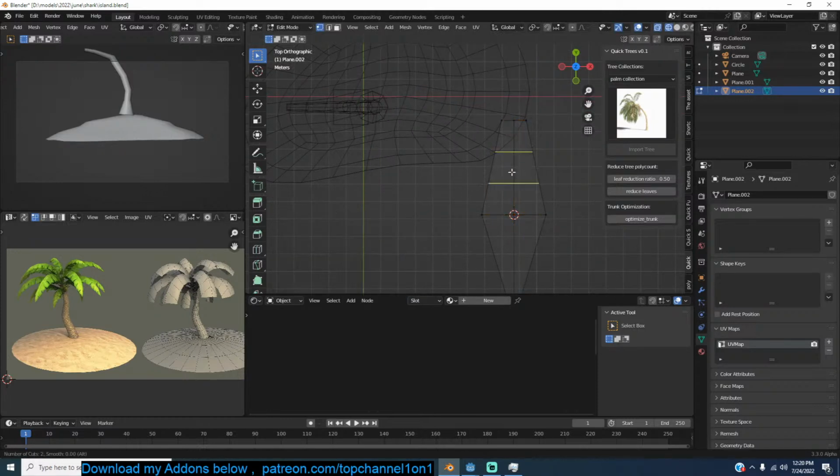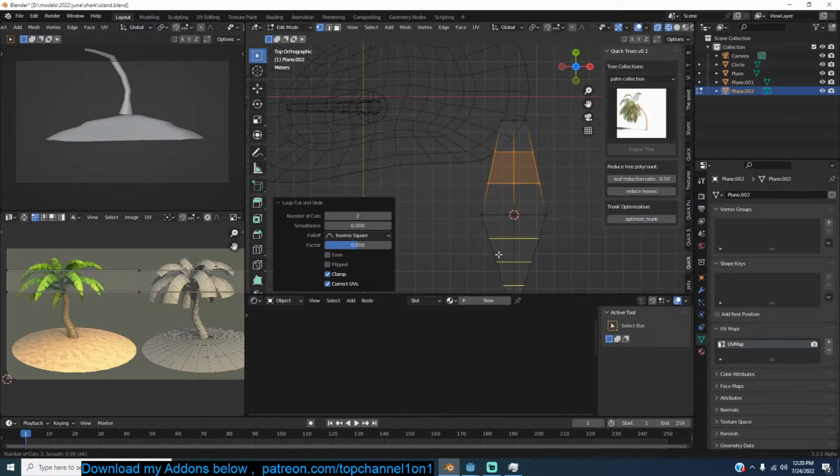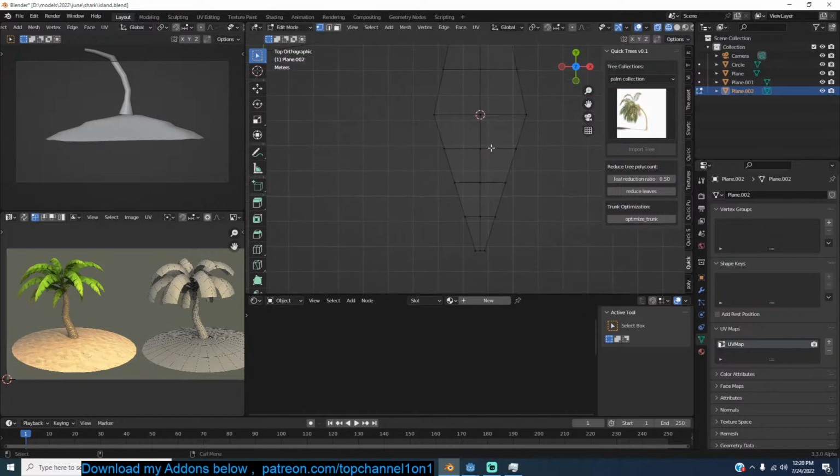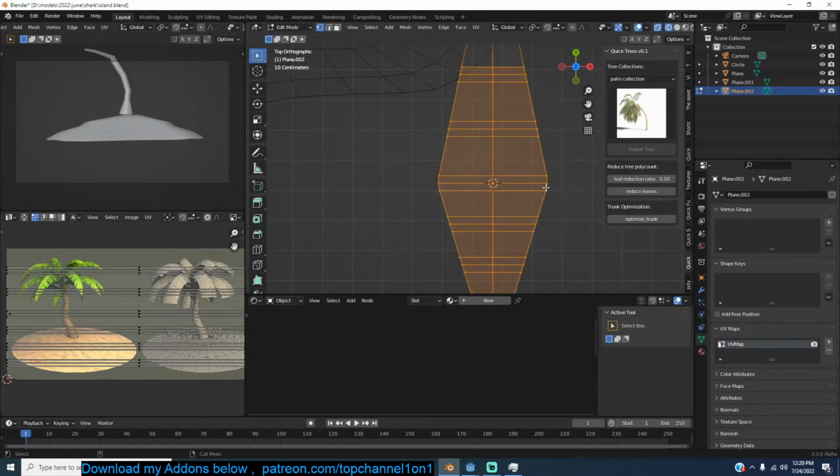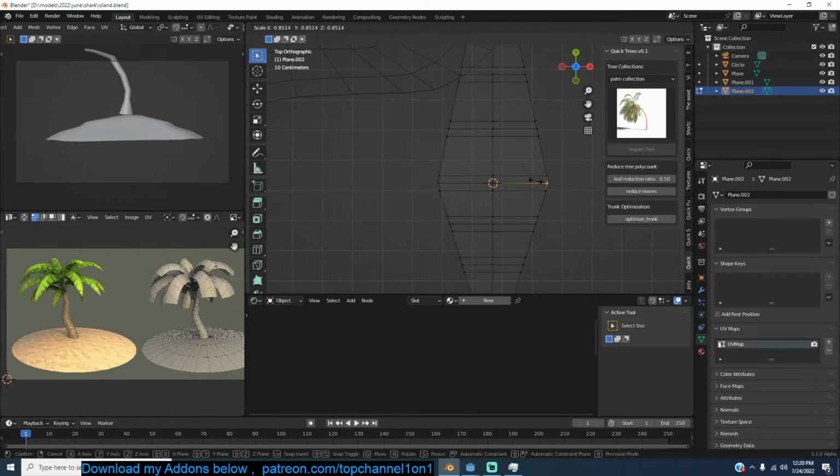Now we can add a few subdivisions and start making cuts. Actually, let me just get this like that, and now I can select